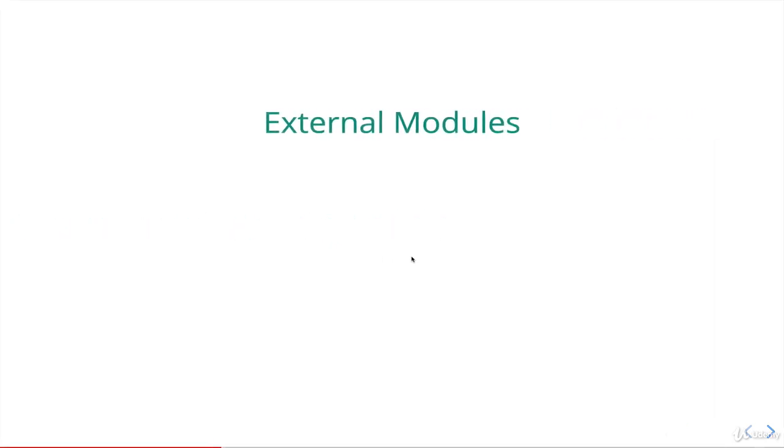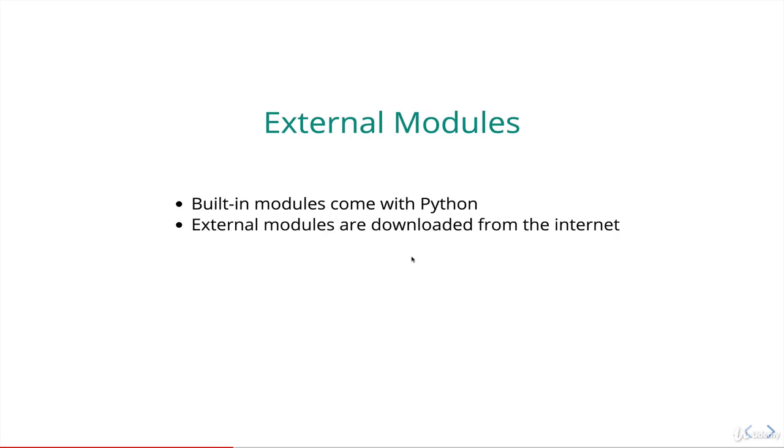So quick review. We've seen built-in modules. They come with Python. We include them using import. We've seen how to define custom modules. We make code in a file and then we import it using the import statement. Now we're talking about external modules. And these are modules that exist online on a server. Basically, Python developers all around the world develop modules, packages, and they can push them up online so that anyone else, like us, can go download them and use them in our code.